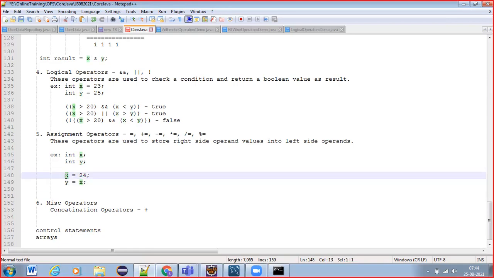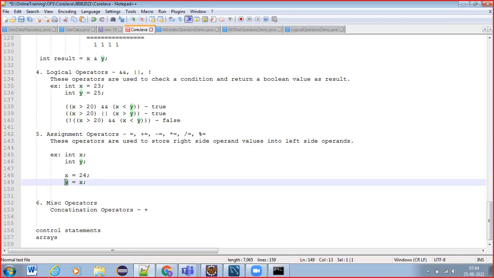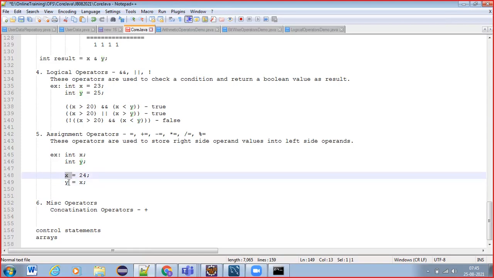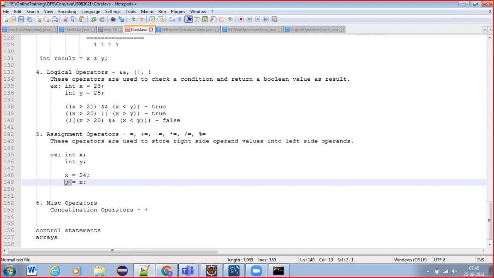Left side operand for this assignment operator always should be a variable. A variable means a memory location reference. Why? Because to store a value in our machine, we need some memory, right? So how do we represent memory in our programs? Through variable names. So always the left side should be a variable. Right side can be a constant, a literal or a variable, anything.